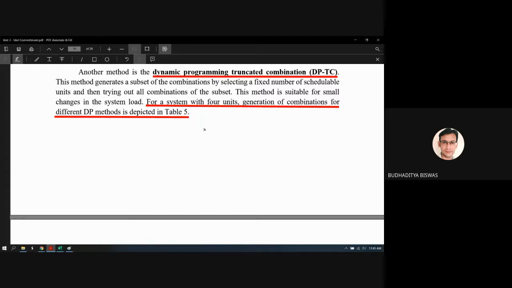Generally, the load demand is changing every second, but we should not consider this. Suppose we take the load demand as varying over at least 30 minutes. Within these 30 minutes, we must find the solution. I'm just giving one example. If 30 minutes becomes 1 minute, then it is very, very accurate. But your solution methodology must be able to find the optimum solution very quickly, which is not possible if we handle this large number of equations.